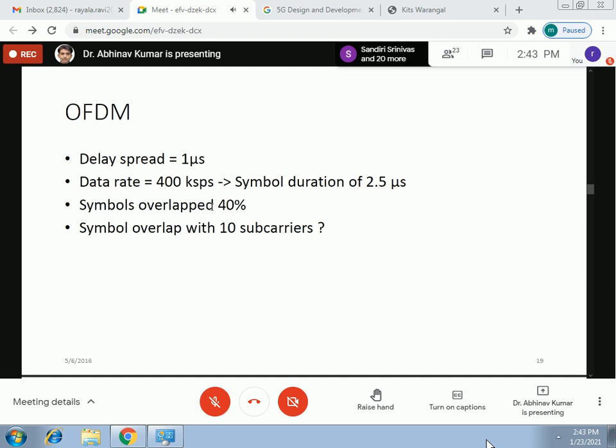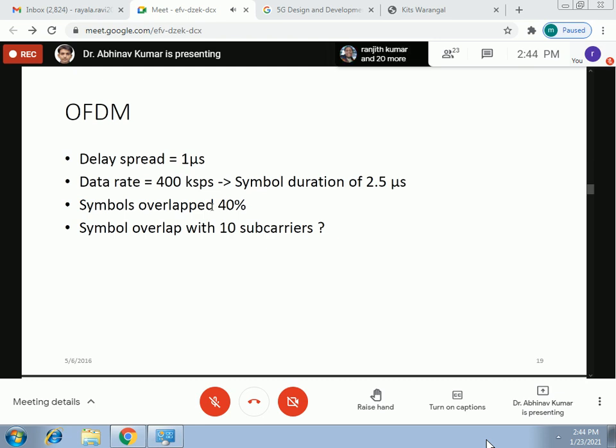Or, in the OFDMA case, it is like a multiple access in both time as well as frequency domain, right? But OFDM itself has a lot of advantages. One possible advantage I'd like to highlight is that in the presence of any sort of delay spread, because this channel introduces some sort of delay spread, which essentially means the symbols are spread over time, there is a time shift in the symbols, right?